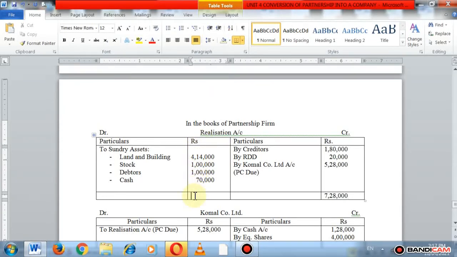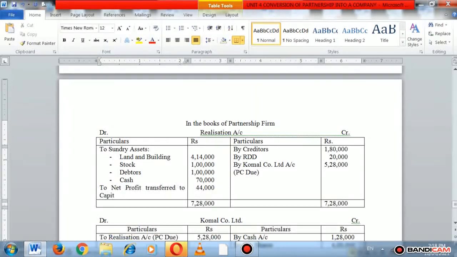So credit side is more. So put the total of the credit side on the debit side, 28,000, and the difference is 44,000, and that difference is called net profit, and net profit is transferred to